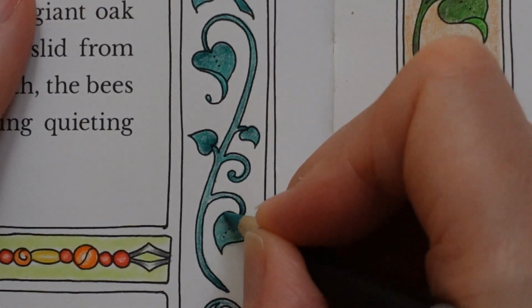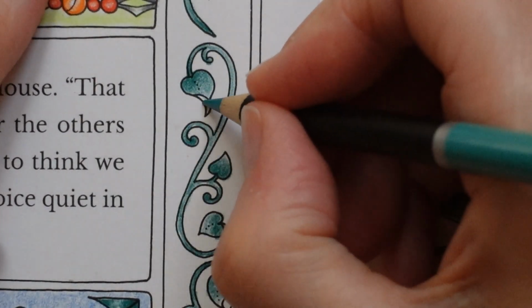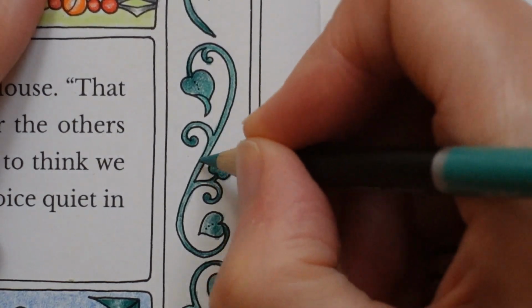There we go. I'm just doing it quite gently because I want us to still be able to see that there is a difference in colour. I'm sorry you didn't see that top one, I forgot to move the book. It happens. I haven't done it for a long time, but